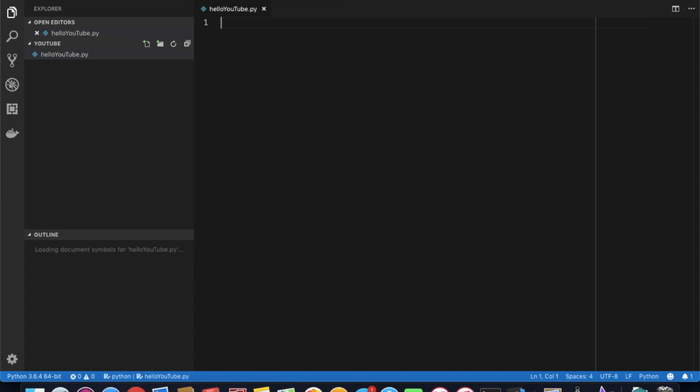I like to write Python in a certain way, and that's how I'm going to do it. To start off with this condition: if, and then underscore underscore name underscore underscore equals